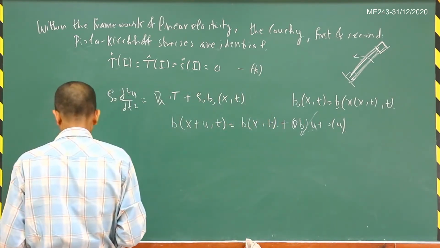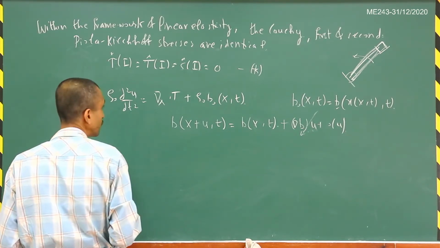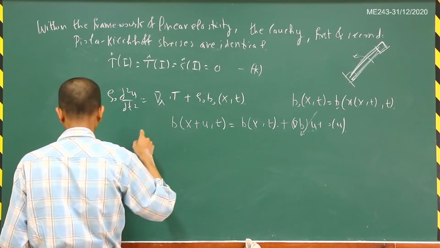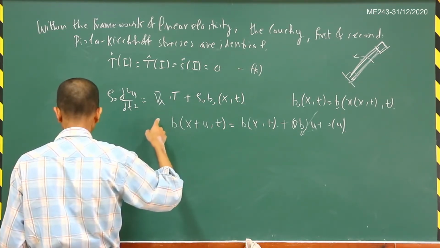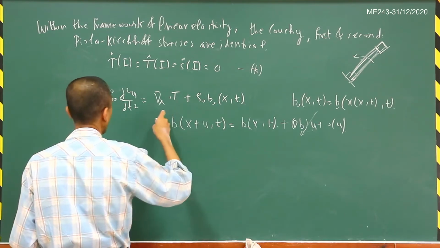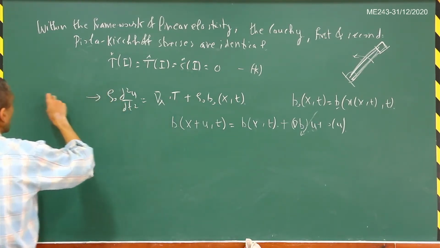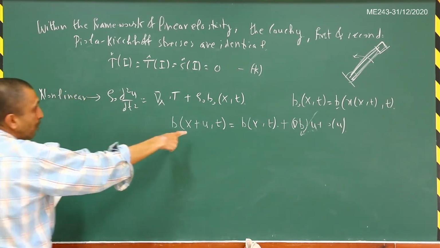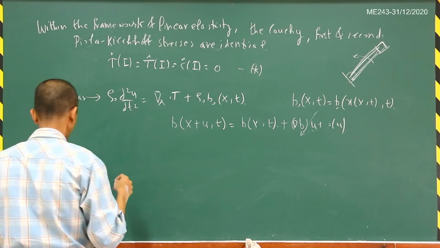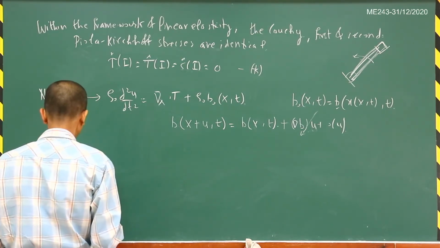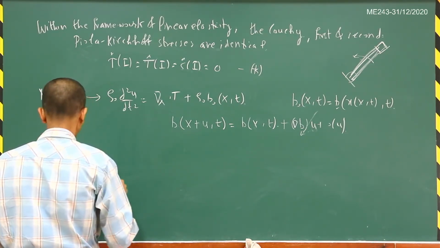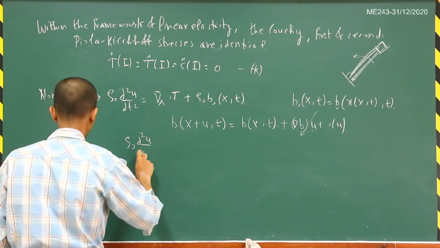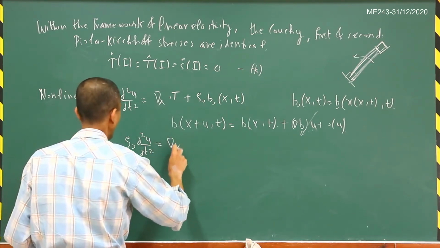Fine. So now you can write your linear equations as follows. So actually these were the nonlinear equations, right? So this is the nonlinear equation, and now we will get the linearized form from this. So what we will get is, let us write it, rho naught del square u by del t square is equal to del dot T